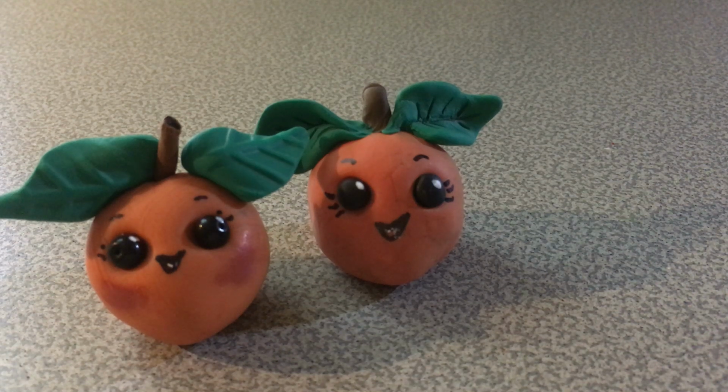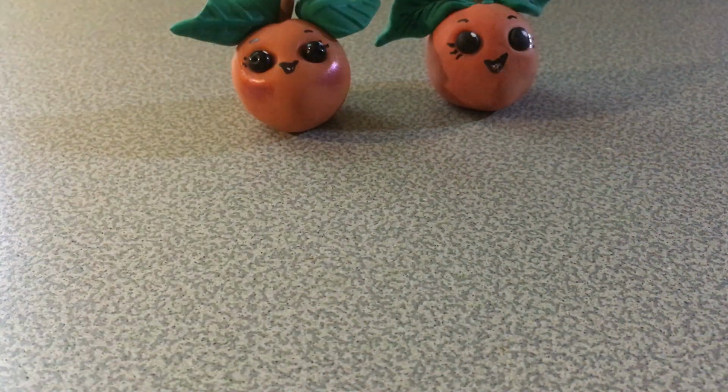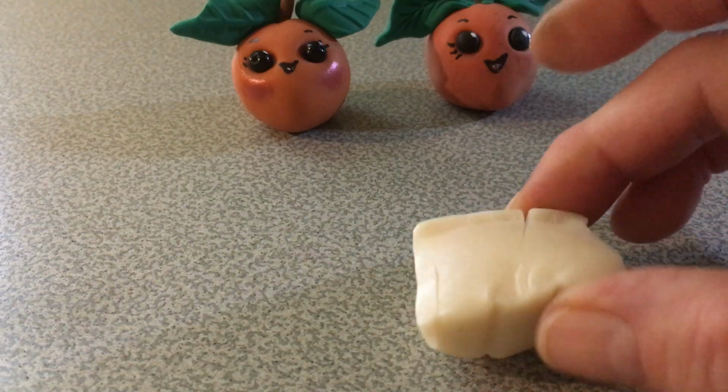Hi, today we're going to make a Kawaii peach. I'm going to show you how to make a peach out of polymer clay. And for this project, what you'll need is some polymer clay in white or off-white,